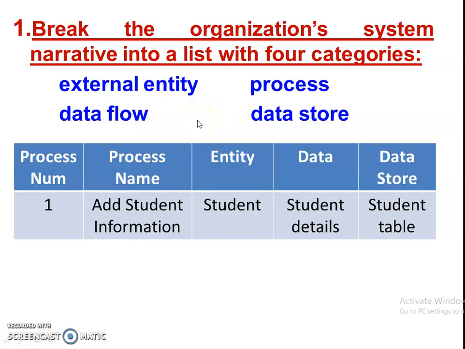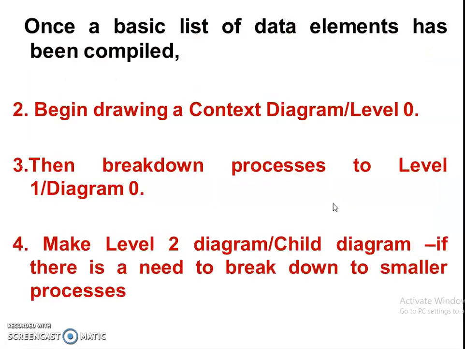Okay? So the first step that we have to do, if you know already the process or the business activities, is to break the organization system narrative into a list of 4 categories. As we have known, DFD has 4 symbols to utilize, so we have to know from the company what are the external entities that they have, the data flow, the process, and the data store. So if you know already the process, the external entity, the data, and the data store involved in that business activity, basically you can begin making the